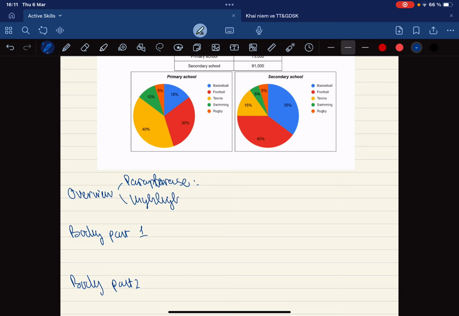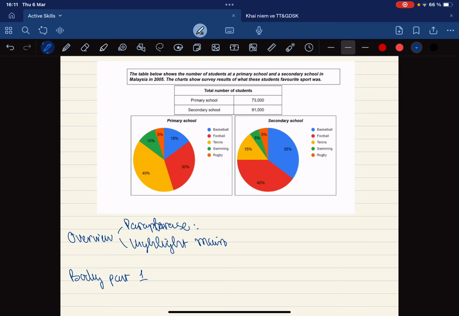You can see, for example, the total number of students, and you can point out that the secondary school has a higher number of students than the primary, and also you can report that for the secondary school, the most favorite sports were basketball and football, while those of primary school are football and tennis.